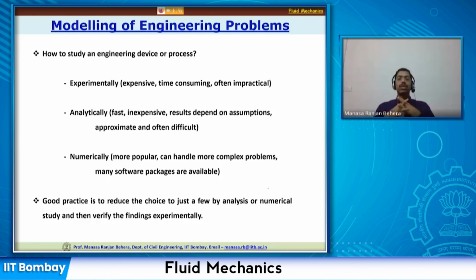But having said all this, it is always a good practice that you use numerical modeling or analytical methods to choose a few options for the problem, or start understanding. And once you figure out, okay, this is what is going to happen, or this is the final setup, then you try to carry out at least the experiment to ensure that all the work that you have done using the numerical method is correct. So it is not that you forget about experiments. Experiment is equally important as numerical modeling. So you have to have a judicious balance between both.